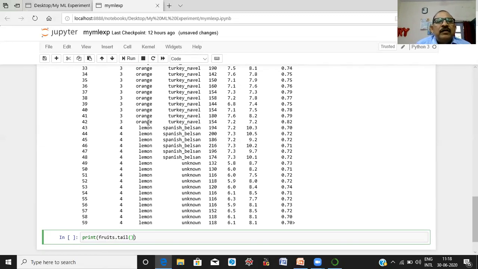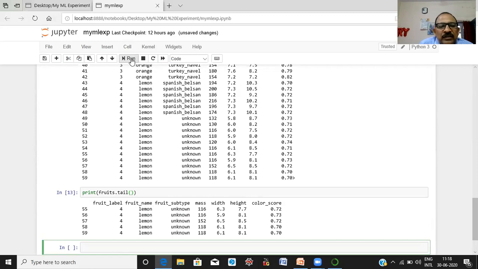Let us see what it will do. Run this command. Here you can see this method displays the last 5 records: 59, 58, 57, 56 and 55.